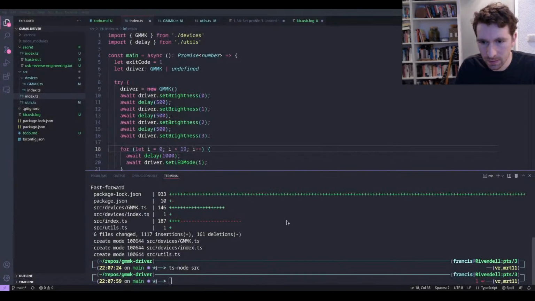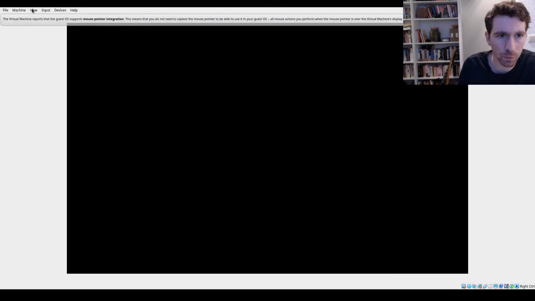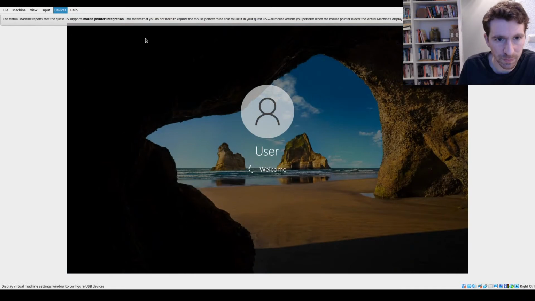That's funny. Maybe I closed Windows down without realizing it. But I need to just boot that back up now. And while we're doing that, we can already pass the USB device through. Just need to check that